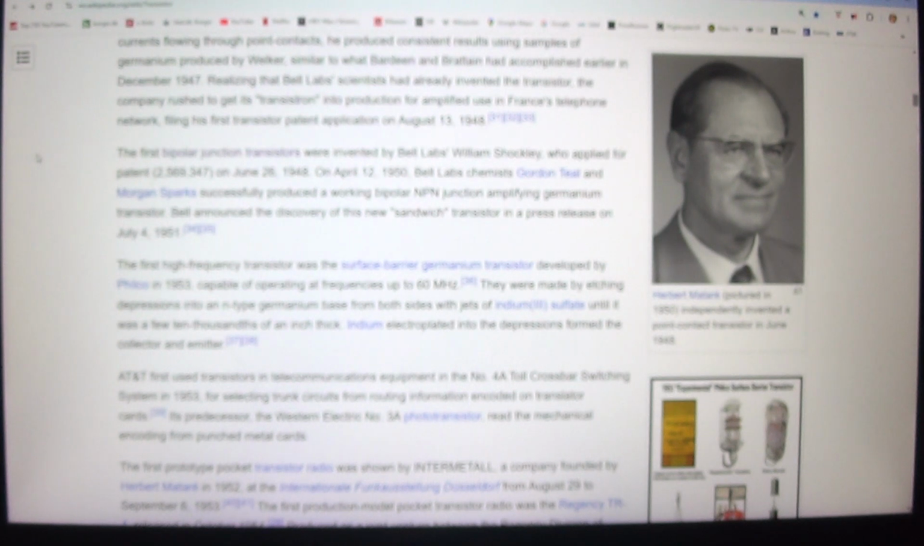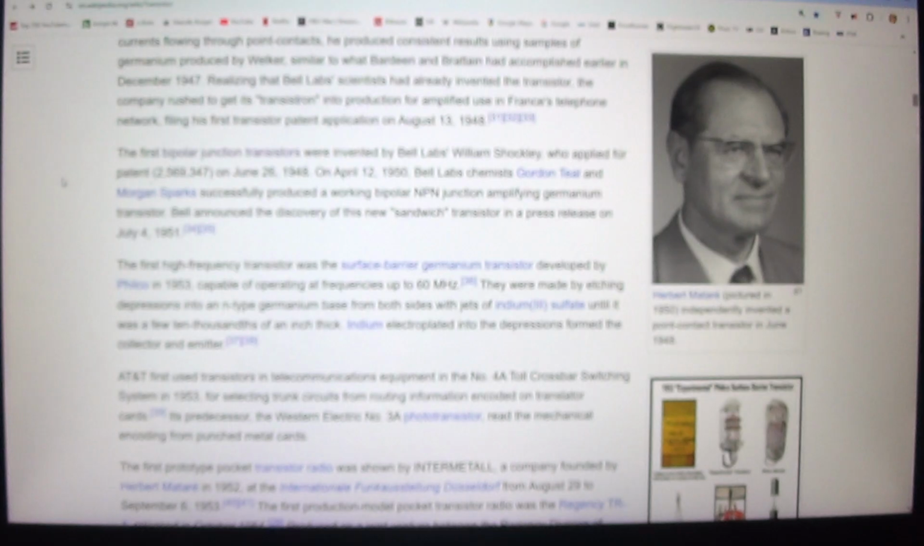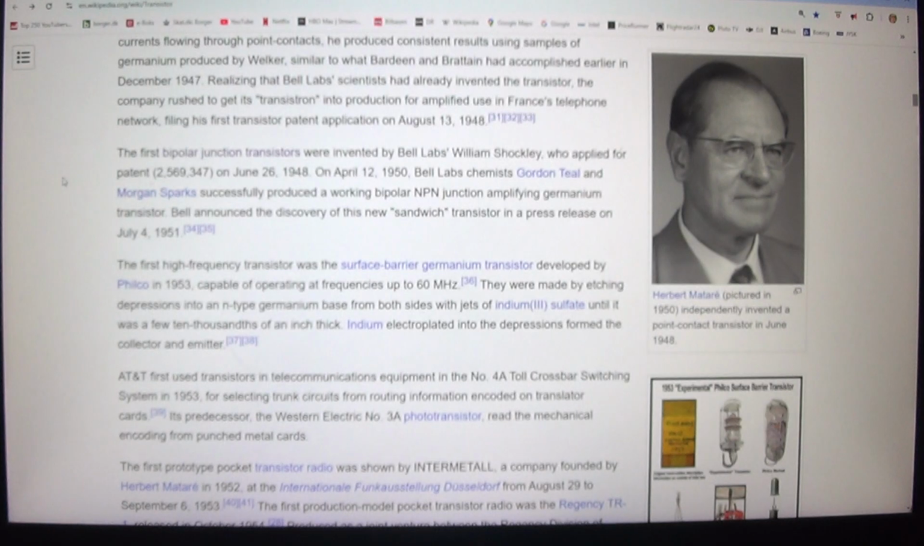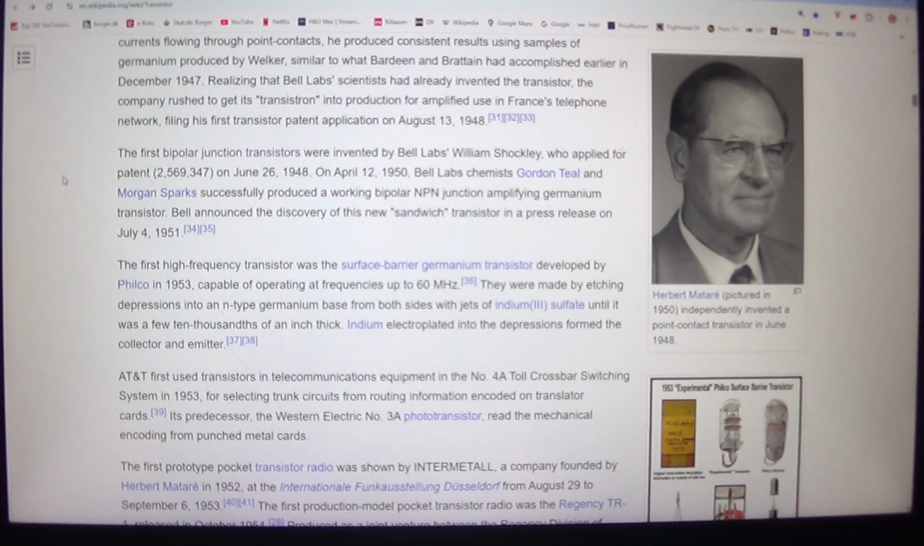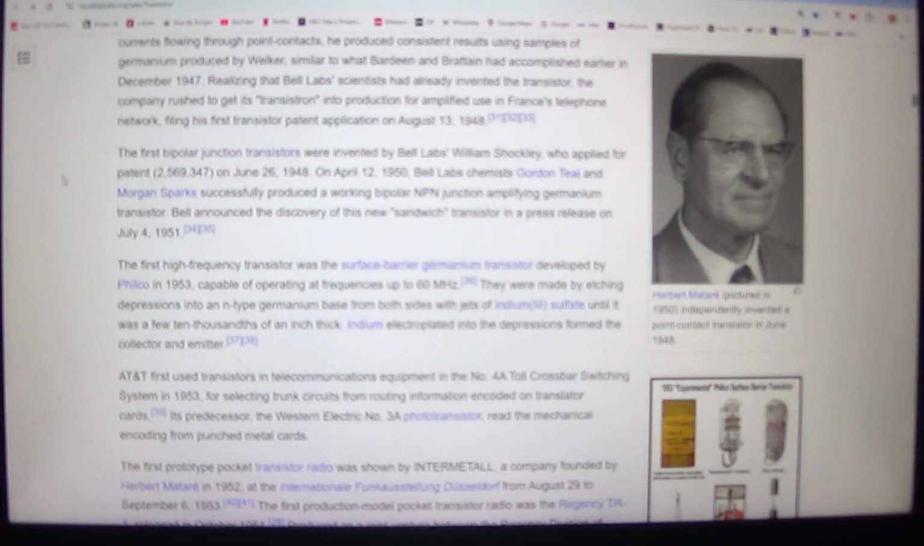The first bipolar junction transistors were invented by Bell Labs' William Shockley, who applied for patent 2,569,347 on the 26th of June 1948. On the 12th of April 1950, Bell Labs chemists Gordon Teal and Morgan Sparks successfully produced a working bipolar NPN junction amplifying germanium transistor. Bell announced the discovery of this new sandwich transistor in a press release on the 4th